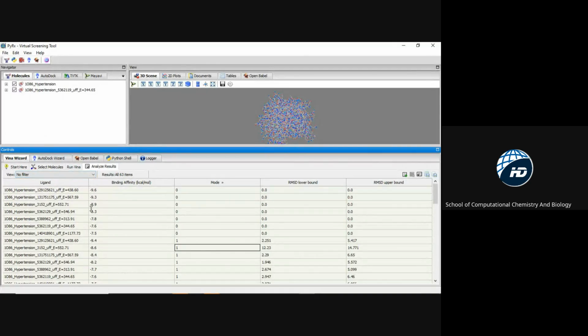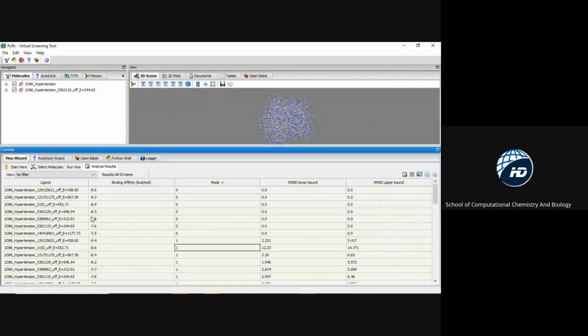So this minus sign is telling you a lower binding energy, a very low binding affinity, which means that the ligand has a very low energy requirement to bind to the protein. So the lower the value, the better the inhibition. And how will you know? Once you have a high minus value